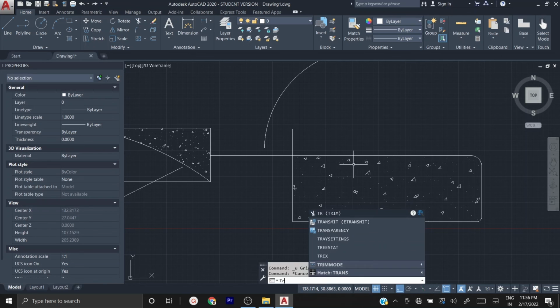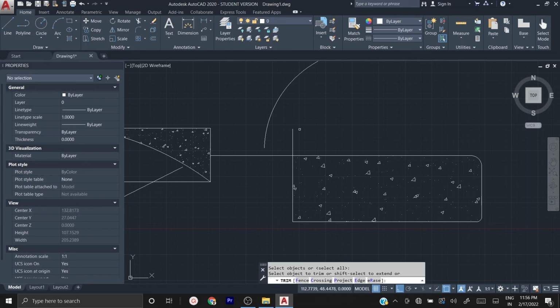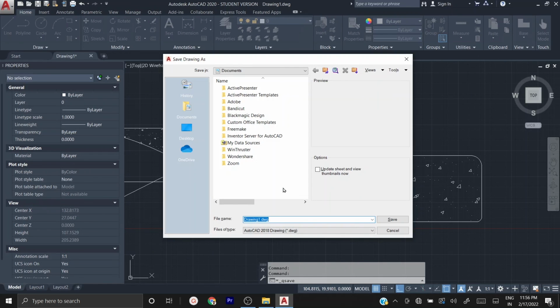TR is the shortcut for the trim command. So type TR, plus enter twice. Now you just select the object which you want to trim. That's it. Then press escape to get out of the command. Then Control S to save the project.